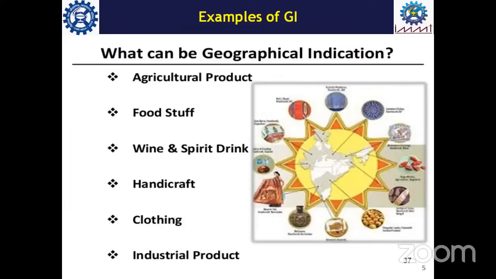But India has the potential to have at least some thousands of GIs, because India is referred to as a country with unity in diversity. Unity in diversity not only by means of language, religion, cultures and practices, but also by means of climatic conditions. Today, the climatic condition of Bhubaneswar is different to that of Delhi, Bangalore, Ahmedabad, Mumbai, Goa or any other place.